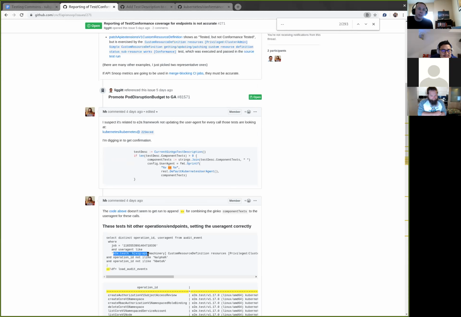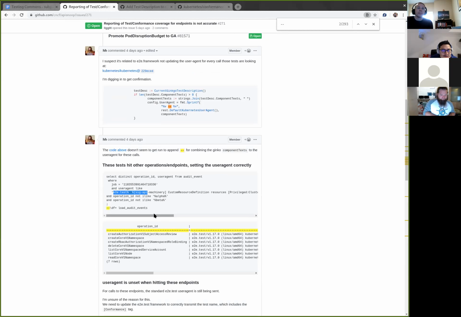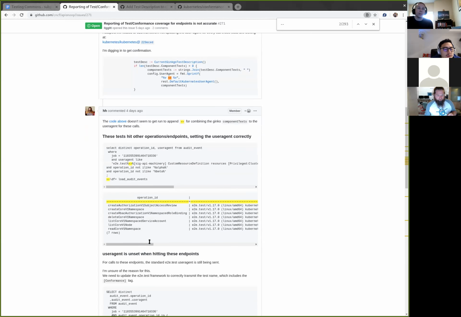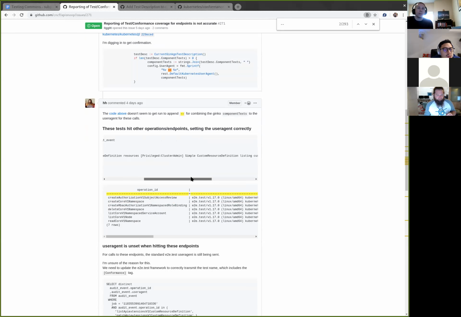This portion here. You see we're filtering to find where the user agent has API machinery in the test name. And if you scroll to the right, that second code block, you'll see the other endpoints.